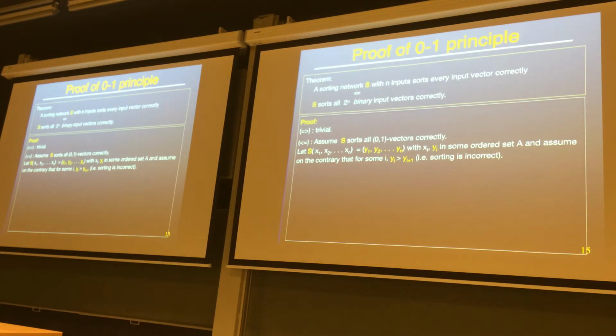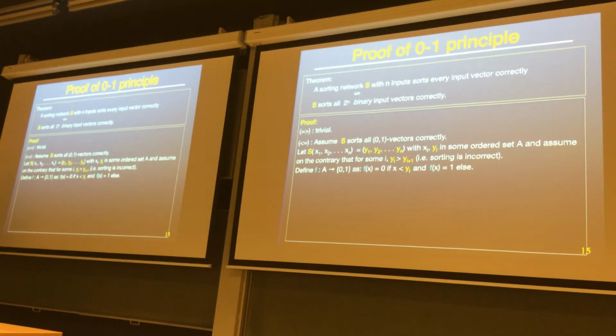And now we show that if such a mistake occurs, it would imply that the network already makes an error on binary vectors. So that would imply that our assumption does not hold. Okay. So, to prove that, we arrive at a contradiction,